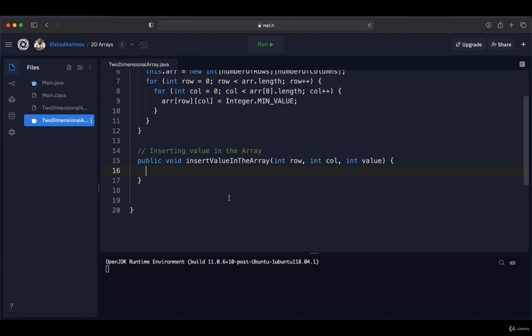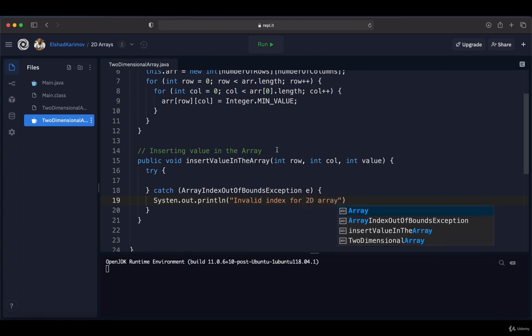To prevent this error and print out a meaningful message to the console, we are going to use the try and catch block. So I'm going to put try, then in the catch I'm going to put the ArrayIndexOutOfBoundsException, and inside catch we are going to print out invalid index to the array.